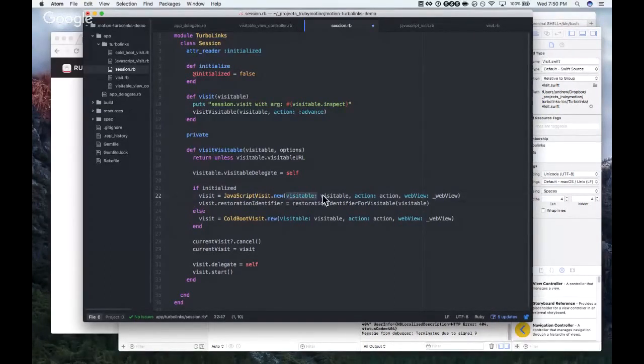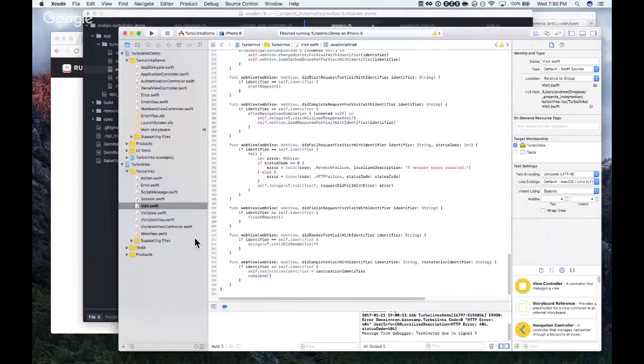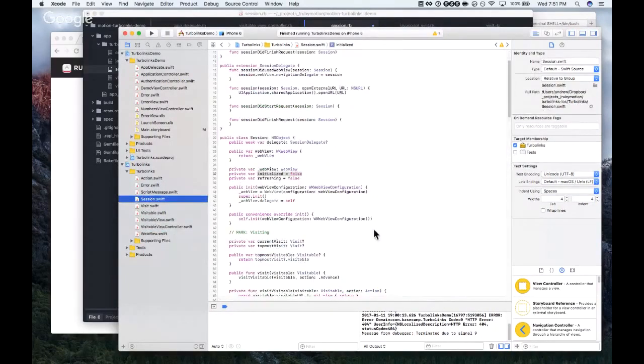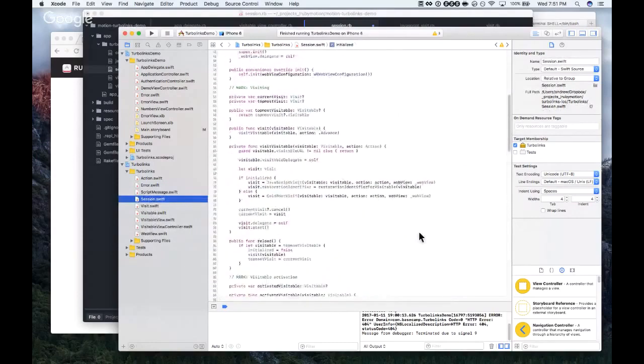New visitable, visitable, action, WebView, underscore WebView. Interesting. So this is this underscore argument you were talking about. No, they're just using that to indicate something that's internal. Right. So it's not quite the same as the underscoring that I was talking about in Swift before.